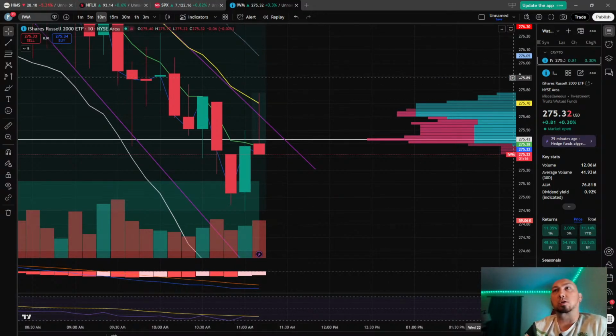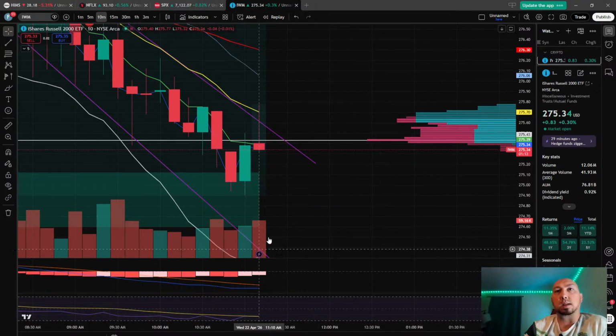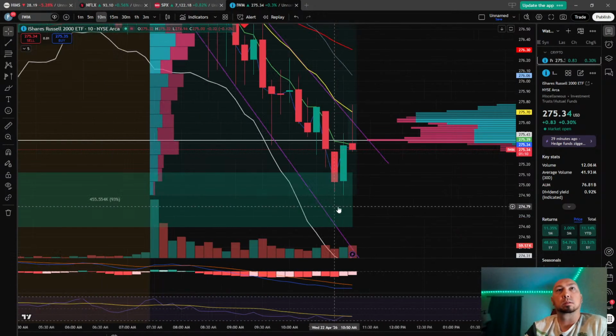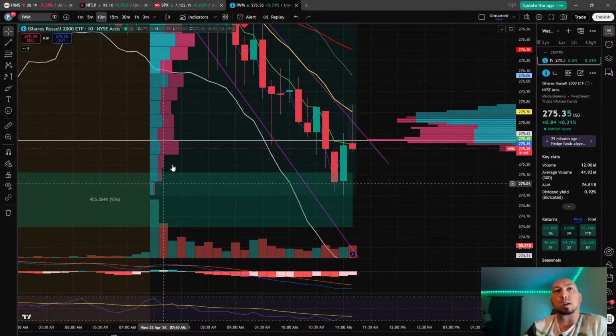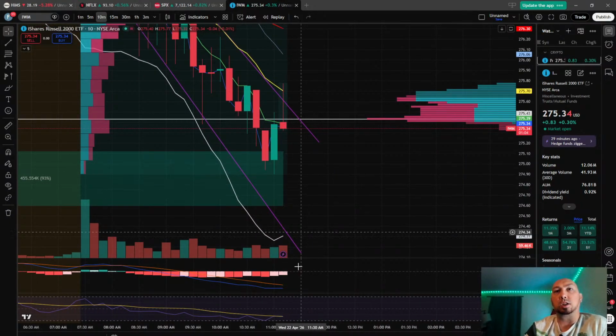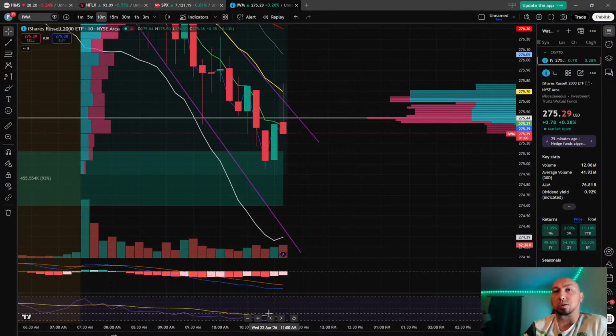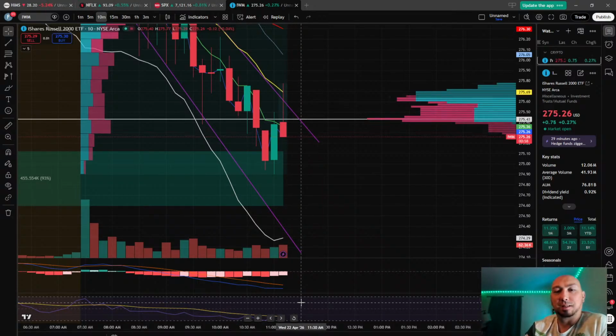EMAs are still tracking south. You have selling pressure into this FVG. RSI is already kind of low. It's trying to be bullish. It wants to be bullish.